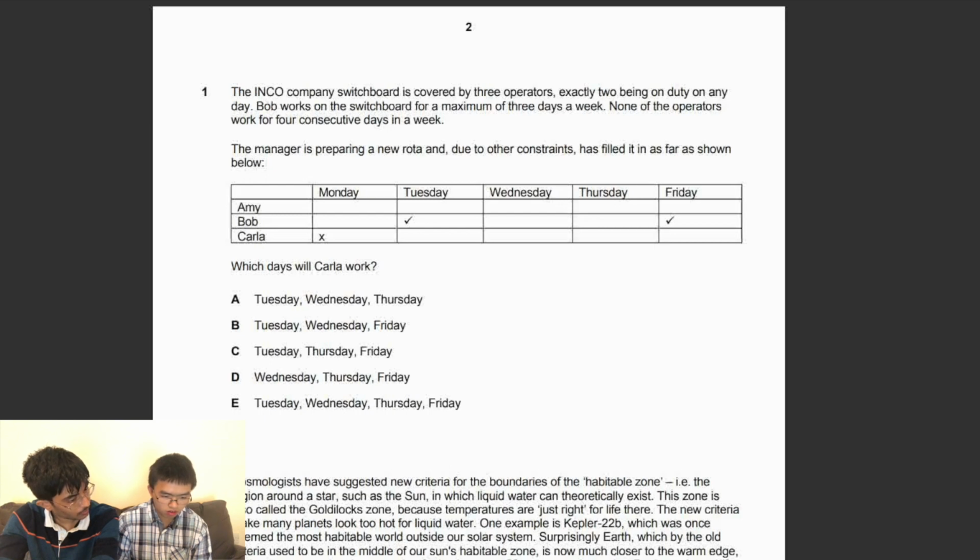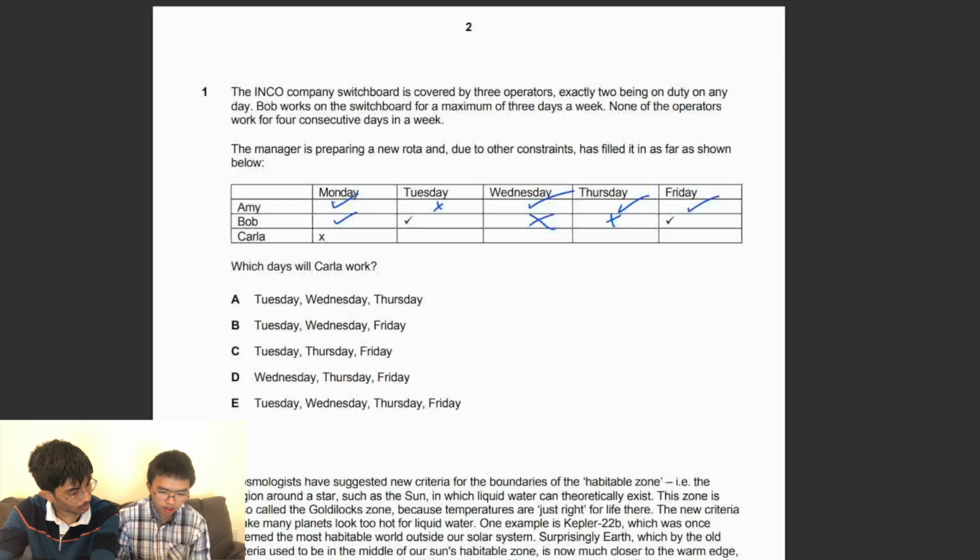So since Carla doesn't work today, Bob must be working today on Monday, and Amy as well. But Bob works for a maximum of 3 days a week, so he doesn't work there, and doesn't work there either. So these 2 work these 2 days, and no one works for 4 consecutive days a week. So that means that can't be. And so it has to be maybe there, and then